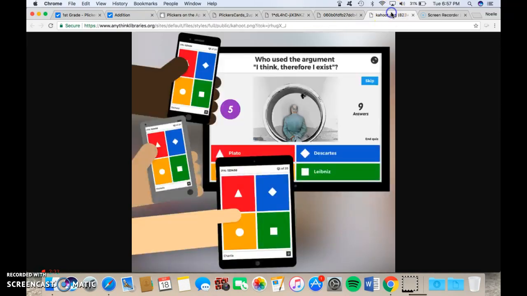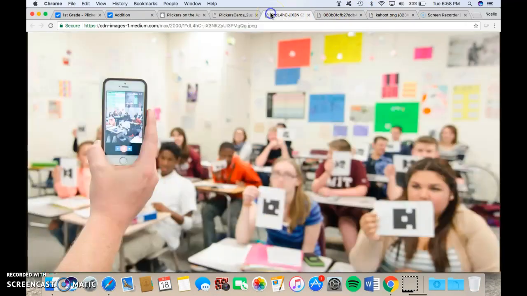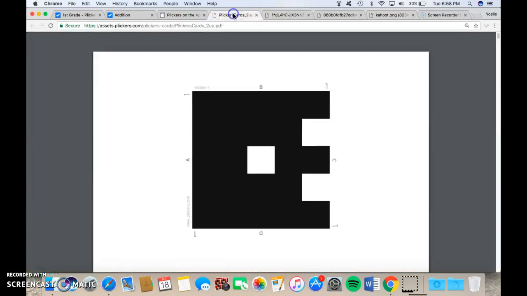A similar tool to Plickers would be Kahoot. It's projected just like Plickers would be on a smartboard for students to answer. However, with Kahoot, you would need to have students armed with their own individual mobile devices. So I would recommend Plickers to anyone that's looking to use more of a technological tool, but maybe does not have a one-to-one classroom. I know this is something that I want to try out now, so I'm interested to